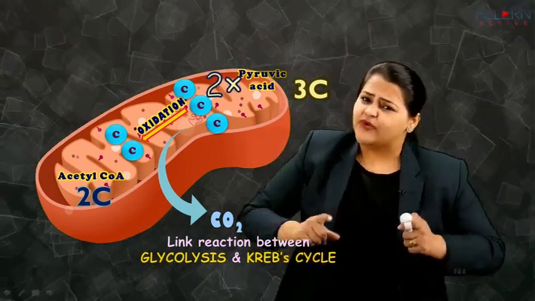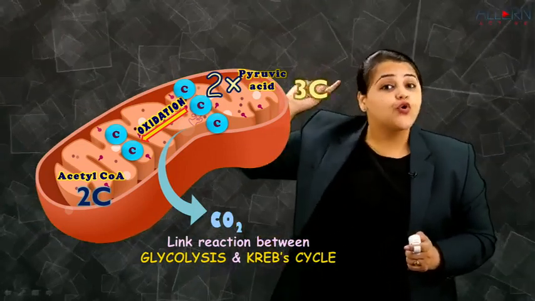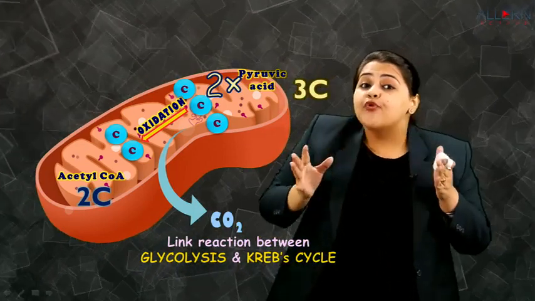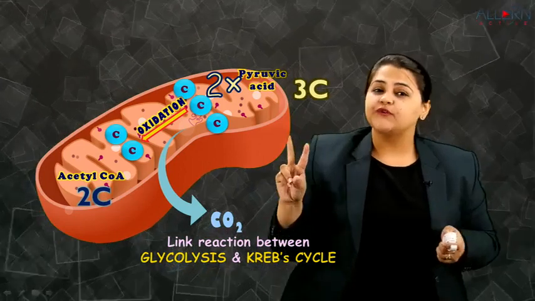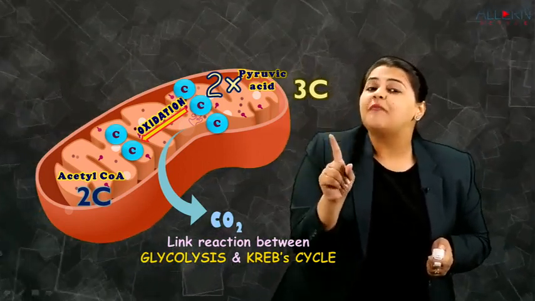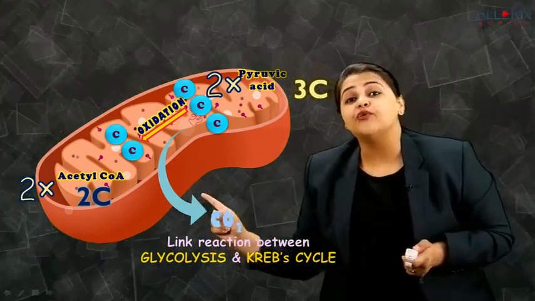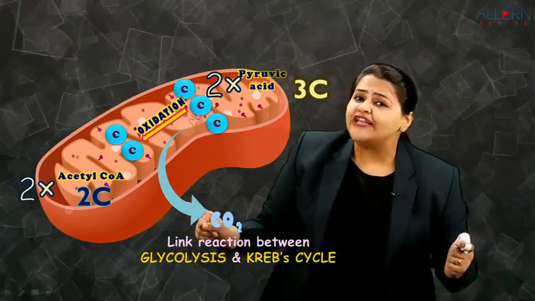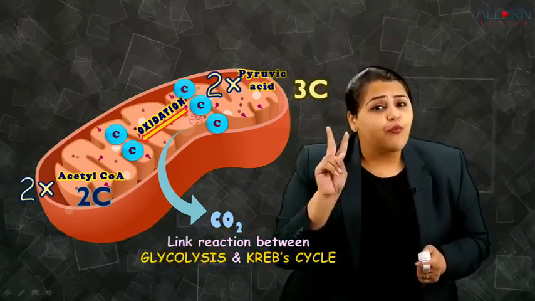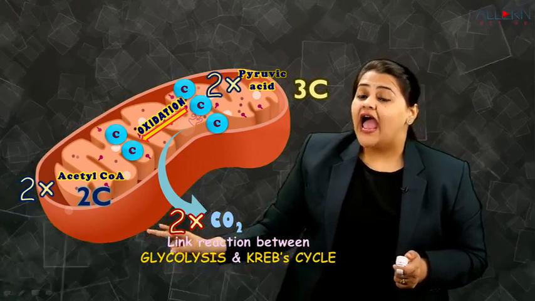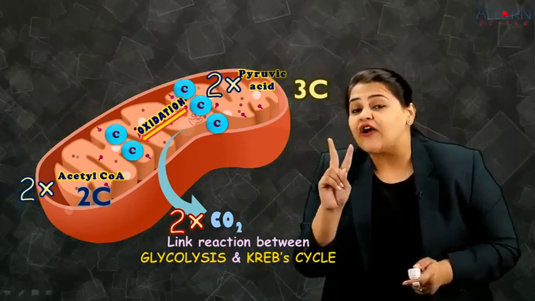And in this process, we again have 2 molecules each. So glucose, which was a 6-carbon molecule, broke down into 3-carbon pyruvic acid, and we had 2 molecules of pyruvic acid. Each of the pyruvic acid will get converted into acetyl coenzyme A. So if initially we had 2 molecules of pyruvic acid, here also we are going to have 2 molecules of acetyl coenzyme A. And these will fetch us 2 molecules of carbon dioxide,